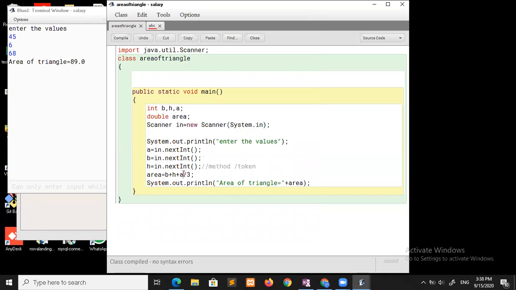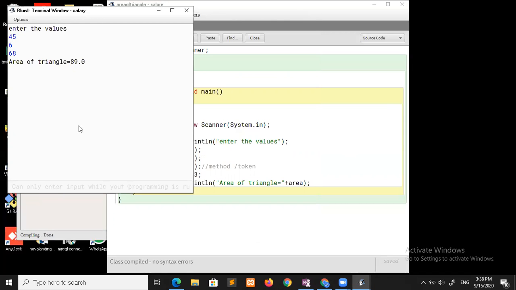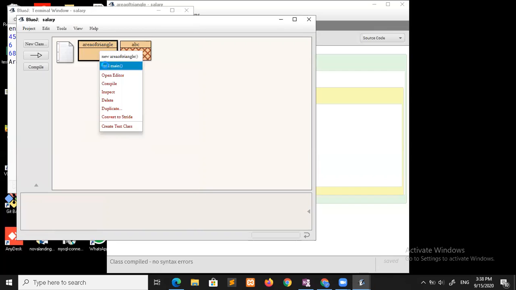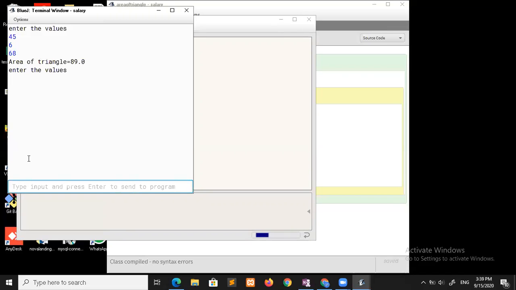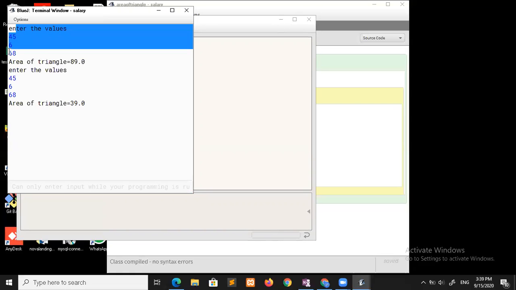If I'm making use of this symbol over here, and then I'll be compiling it. And now there's no error. So once again, I'll be executing it. Yeah. 45, 6, 68. See, the outputs are different. I have entered the same values. Did you see it? What happened, girls? So this is nothing, ma'am, but you divided the whole bracket with 3. Exactly. So this is known as a logical error.